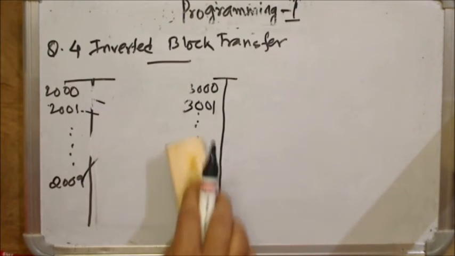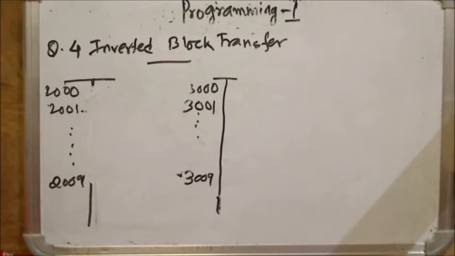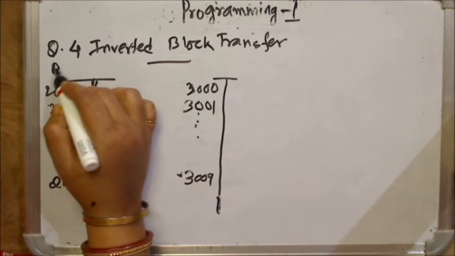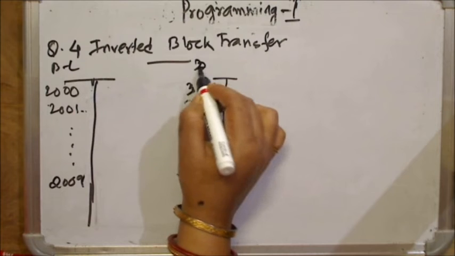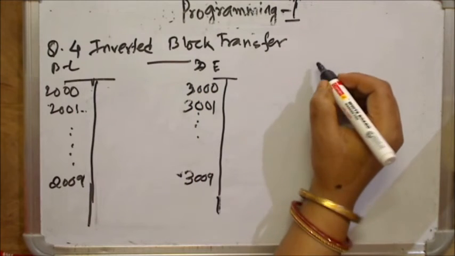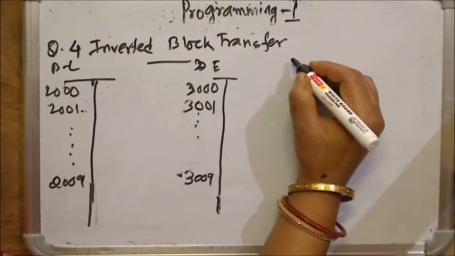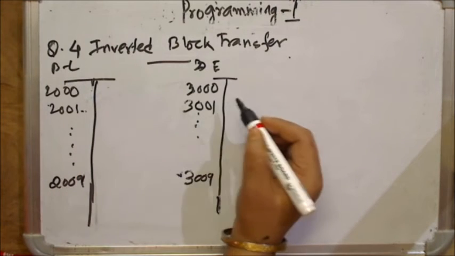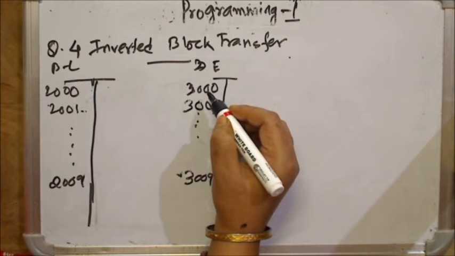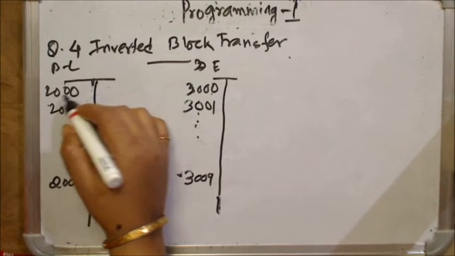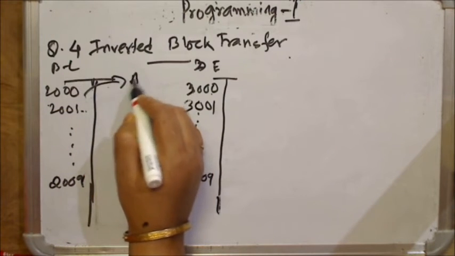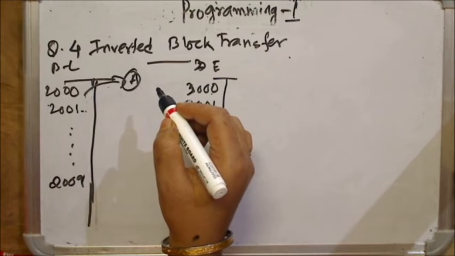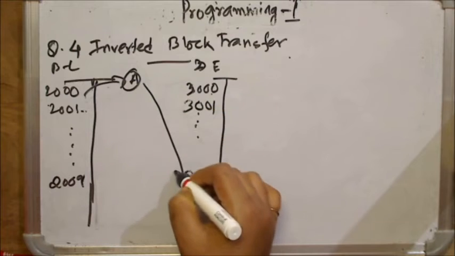First you have to initialize the register pairs. The first part is initialization. Let us take the source as BC and the destination as DE. First initialize the BC pair with 2000 and the DE pair with 3000. Take the data pointed by the BC pair into A, and store it in the location pointed by the DE pair.